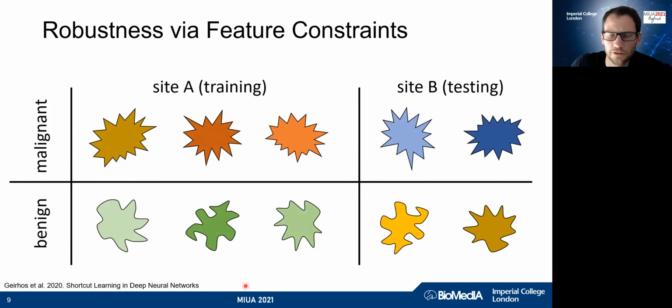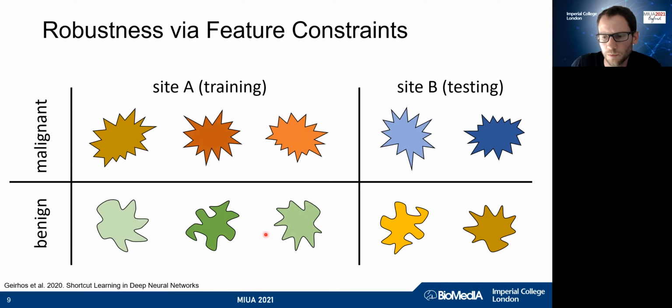But just to illustrate this, so what might happen if we would train a machine learning algorithm on data that comes from a site A here, so that if this is our training data, then an algorithm might just pick up to do a classification into benign and malignant by looking at the color of these structures here. Because color is really easy to pick up, for instance, for a CNN. It's a simple readout of the intensity values at pixels. It's a shortcut, and it's a shortcut that gives us a very quick decrease in our loss function. So this is a feature that will probably be picked up if we just give it this type of training